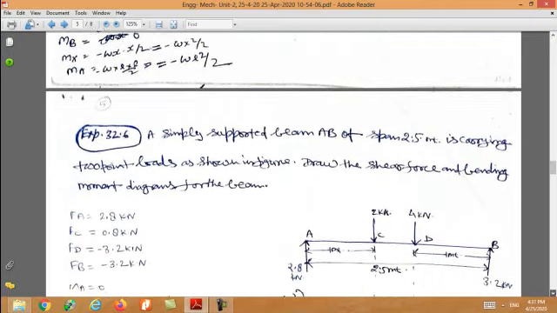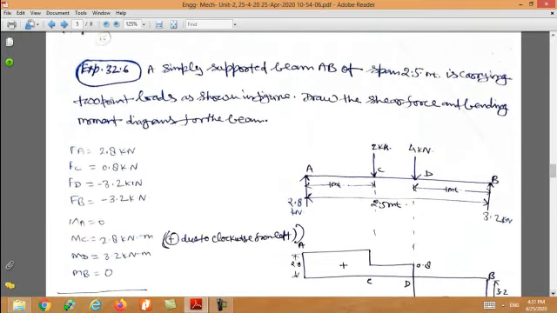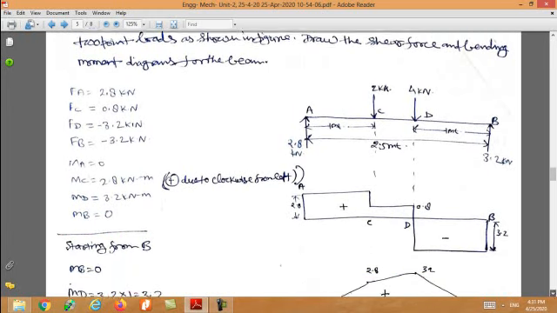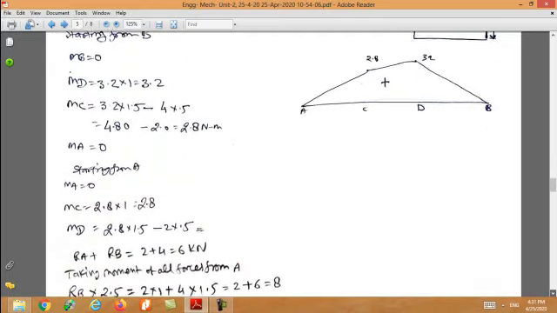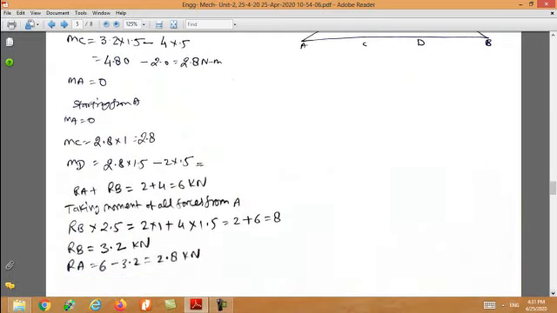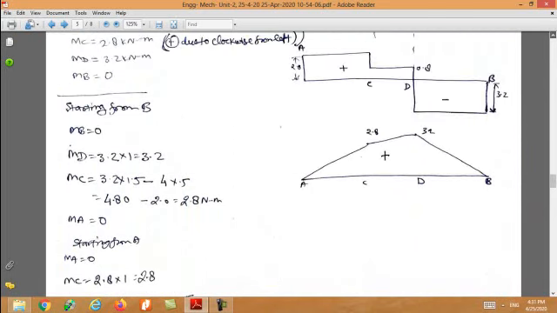Okay, now according to this, you can solve the questions. So here two loads are acting. First calculate RA and RB. Okay, first calculate RA and RB. So here you are seeing that RA and RB is calculated: 3.2 and 2.8, and the same way you can calculate the